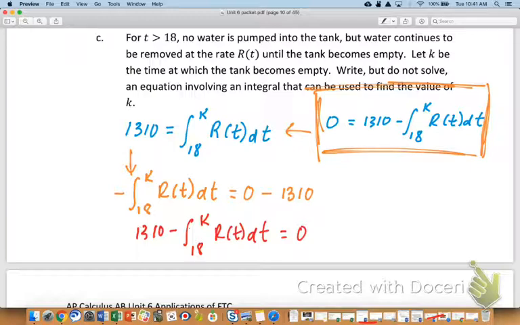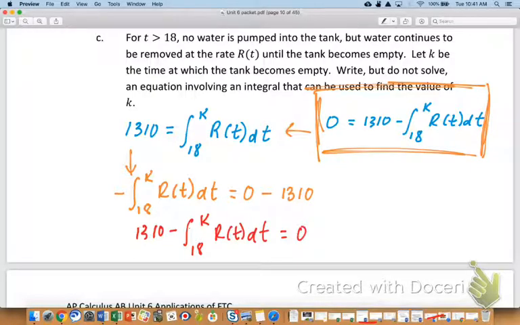Just me personally, the way that I see this, I don't like FTC1 here. I really like the net change theorem. Just like, hey, the net amount of change is equal to the definite integral of the rate. Yeah, I think if you actually put the equation in, you see that it's a negative, and you can pull the negative out. That might be what it was, right? Yeah. I think we can reconcile the two by doing that.